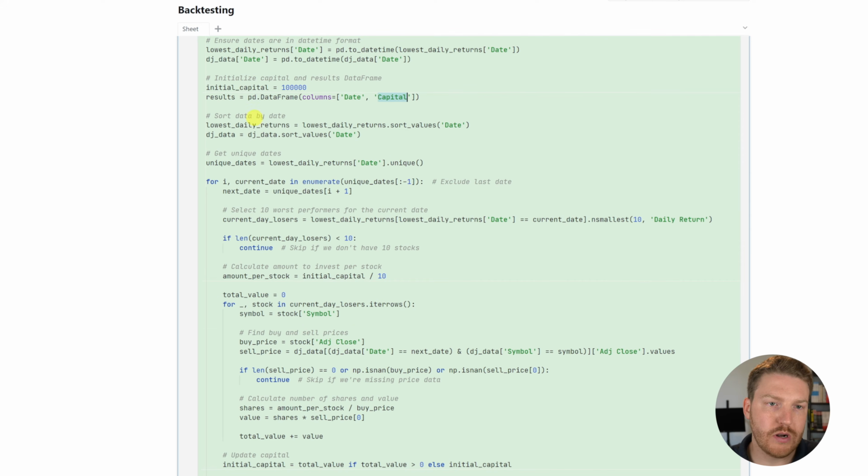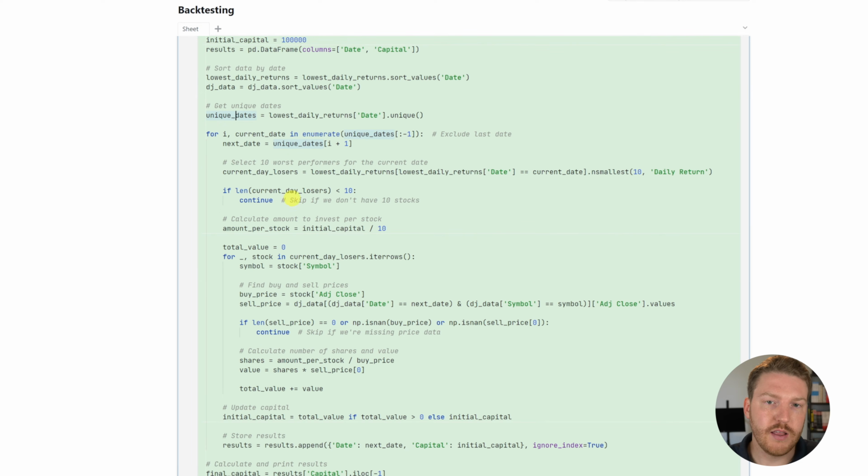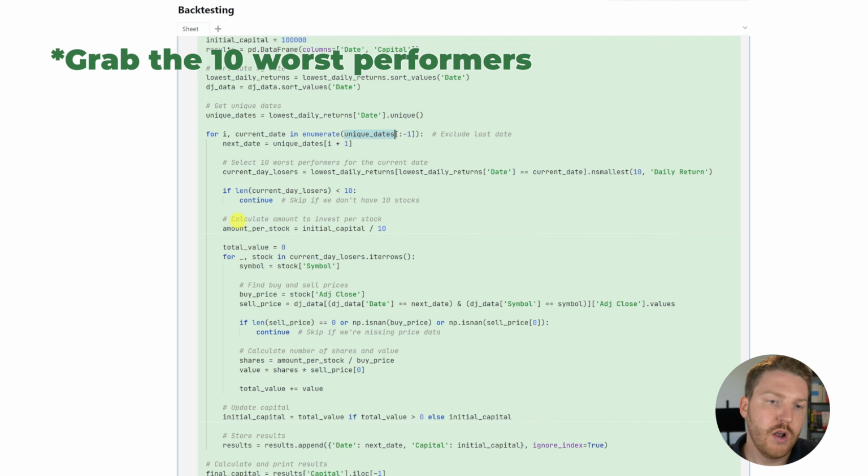Okay, so we will sort the data by date. And then it's getting all the unique dates, because if you think about our data frames before, there was one date for each stock. So we only really need each unique date. And now we're going to look at the 10 worst performers for each date. We're basically going to loop through every single date in the unique dates data frame. So we're going to go every day for the entire 10-year period, grab the worst performers,